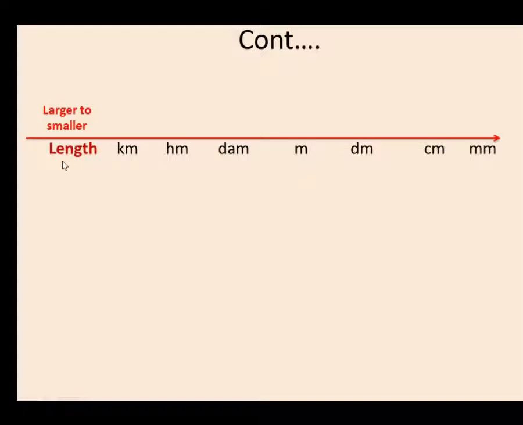So here we have been given the units from larger to smaller: kilometer, hectometer, decameter, meter, decimeter, centimeter, millimeter. This shows the units from larger to smaller, and we multiply. From kilometer to hectometer, we multiply by 10. From hectometer to decameter, we multiply. Means each step we are moving, as I have talked about previously, to convert from larger to smaller we need to multiply. So how do we multiply? For every step we multiply by 10.